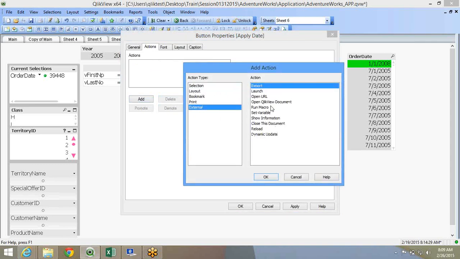Now, for example, if you go to external, you have run macro to execute the macro, but it doesn't happen on the browser. And macros, like I said, stay away from macros as much as possible. The earlier versions, version 8, version 9, didn't have a lot of features that we are seeing now. So be it container objects, be it conditional visibility of dimensions or expressions, that was not there in version 8 and 9, and in fact even in 10.